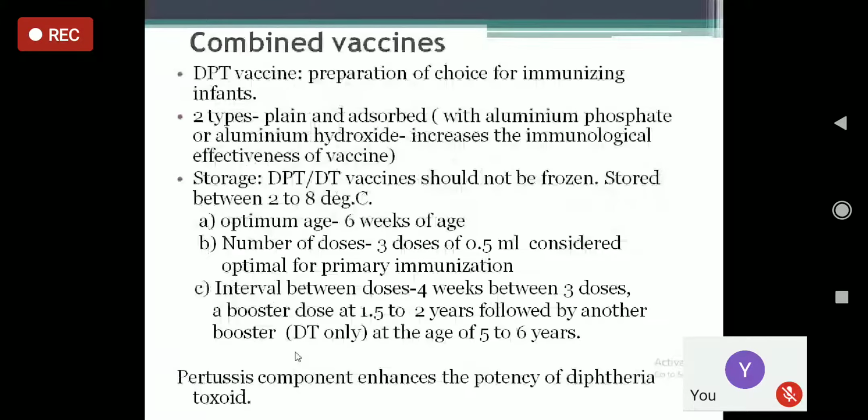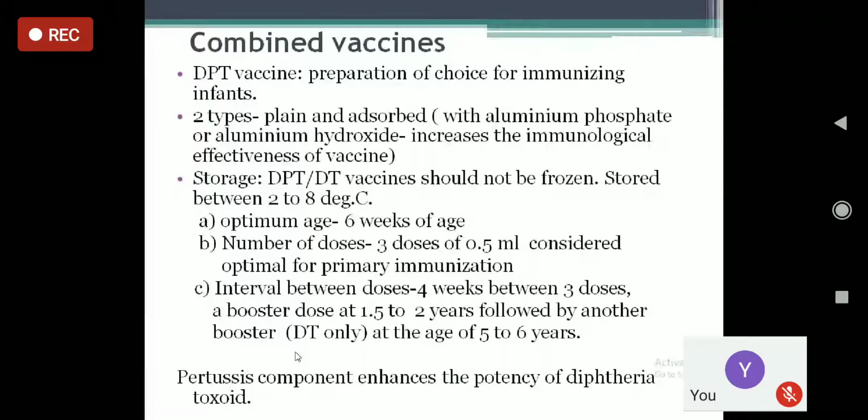So in combined vaccines, DPT. If you are listening to me, it's given in the book as DPT, that's why I have written it here like this. But in the exam, you can write pentavalent directly. So in Nepal, it is given as pentavalent, and it contains so and so vaccines. The route of administration is the same.